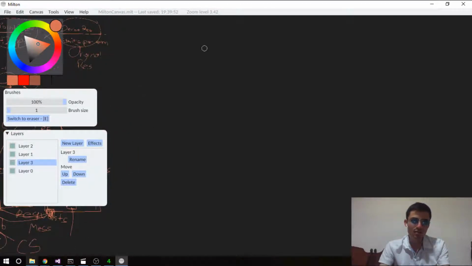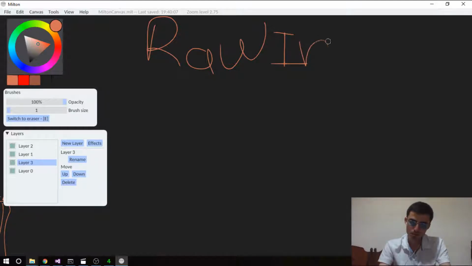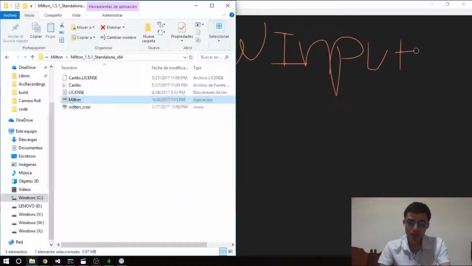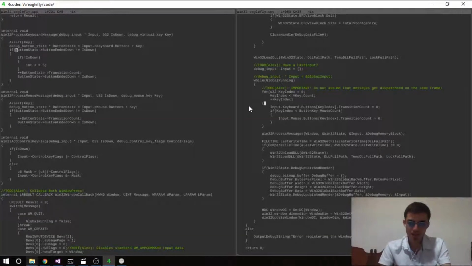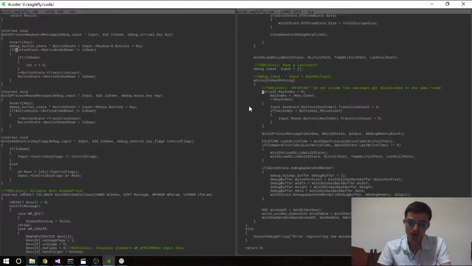So the thing that Milton raw input does is just give us the state for each key, you know? So that means, even if we do this, the transitions would not be consequent at all, you know, because